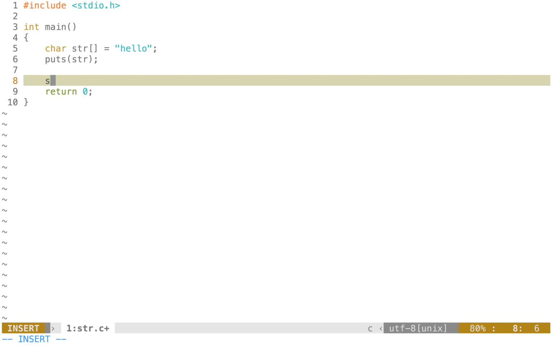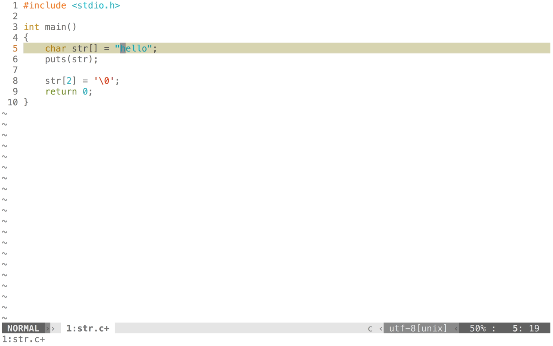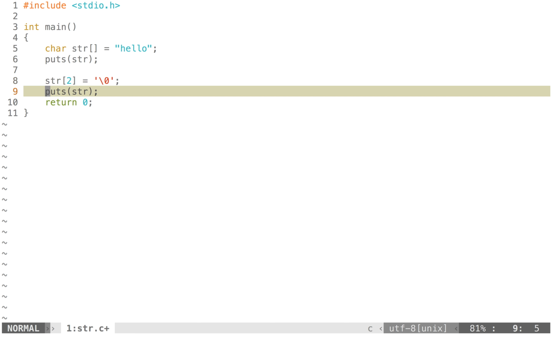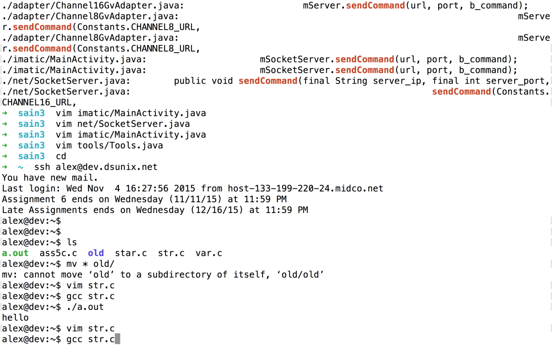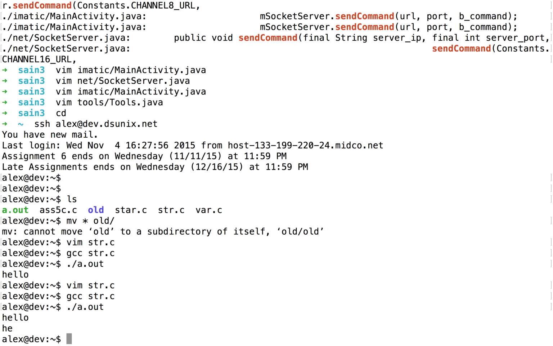But let's say I go and I say str at position 2, which is 0, 1, 2, equals this null terminator, then we're only going to print positions 0 and 1. We only print position 0 and 1 because after the puts function sees that null terminator, it stops printing